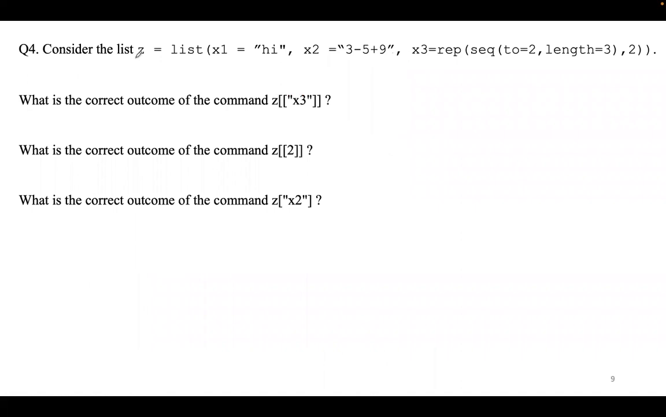So then you have a list. We just defined lists. X1 is double quotes high. X2 is double quotes 3 minus 5 plus 9. And X3 is something complicated. Now, before I actually go into the question, you can already see here 3 types